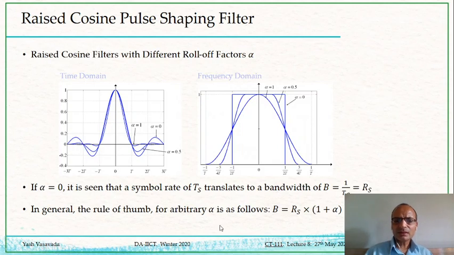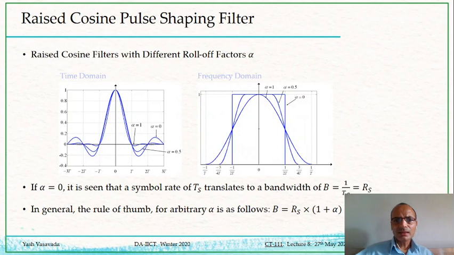So generally, when we are transmitting at a certain symbol rate R of S, let us say R of S is 100 megasymbols per second, and suppose we have a bandwidth which is, let's say, 110 megahertz. Then using those two parameters, 110 and 100, we would determine the value of alpha that we should use for the raised cosine. In this case, alpha will be 0.1. It will be closer to alpha equal to 0. So there will be a lot of ISI in the time domain, but ACI will be controlled very nicely.